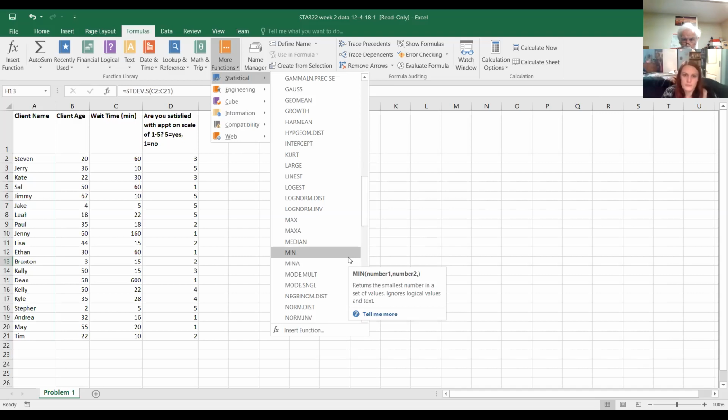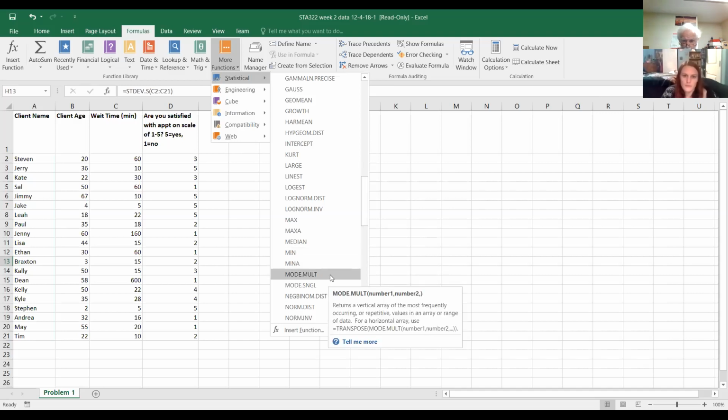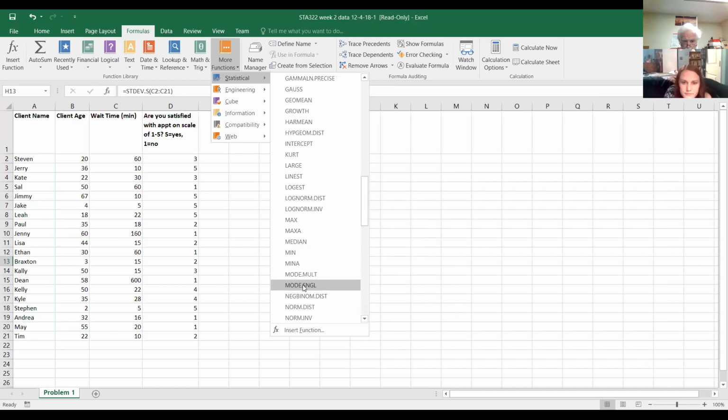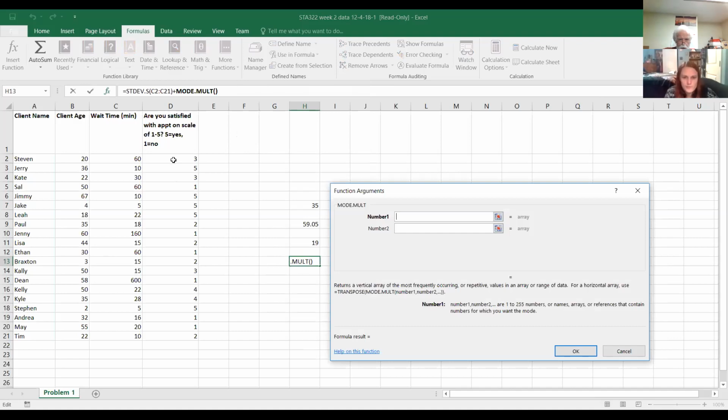And there's two ways of doing that. We can use the mode multi and mode single. They both will return pretty much the same thing. So let's just do a mode on this satisfaction scale, and I'm going to use the mode here, and our satisfaction scale is that range, and the mode is